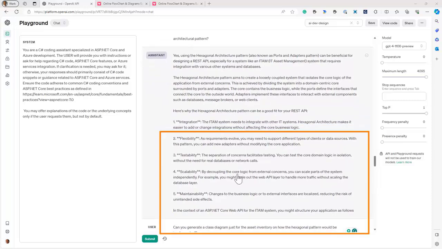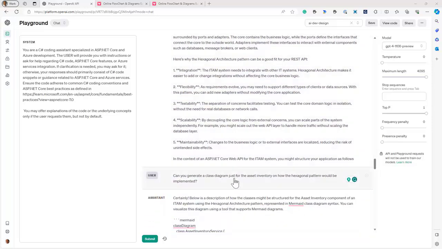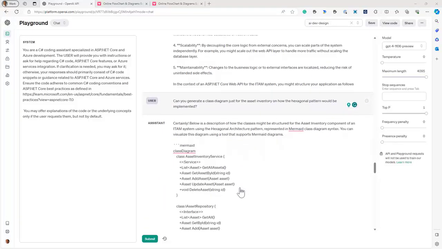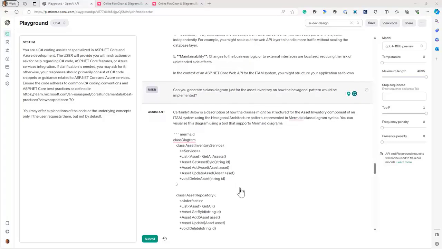So that makes sense. The next thing we are going to do is we're going to ask it to generate a diagram of how it would implement the hexagonal architectural pattern. So once again, it goes ahead and creates a mermaid diagram, and I'll show you this diagram in a second. But at a high level, it has implemented the core tenets of the hexagonal architecture. It has come up with an asset inventory service.